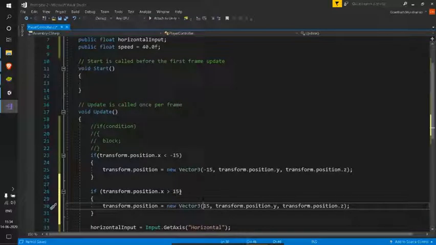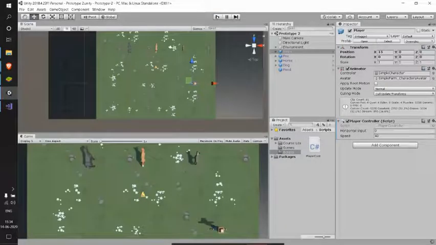If the player moves above 15, I am reassigning the position x to 15, whereas if the player moves less than minus 15, then I am reassigning my player to minus 15 again, so that the player remains in boundaries always. So let me just test that.